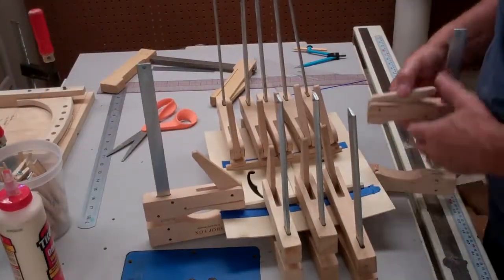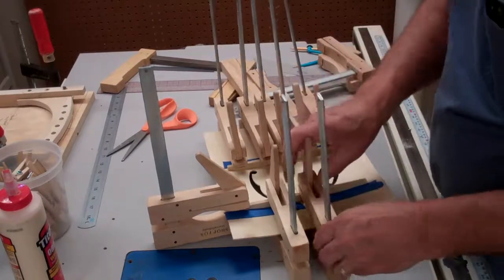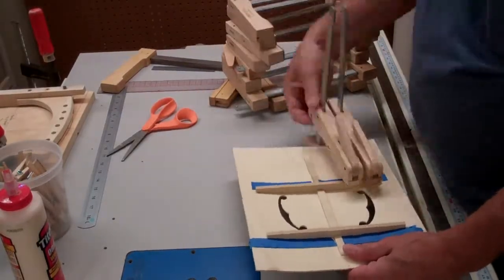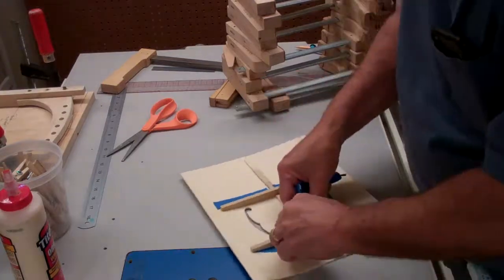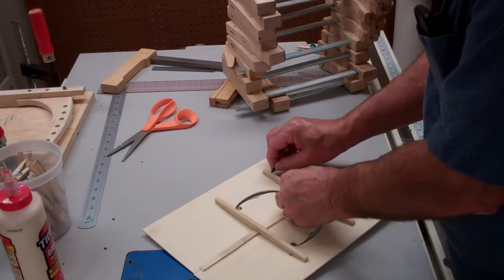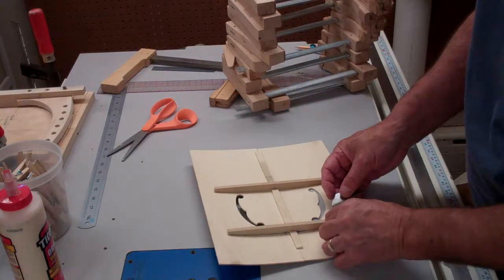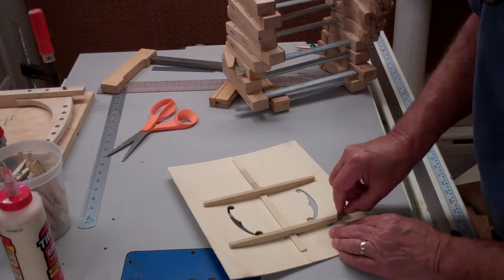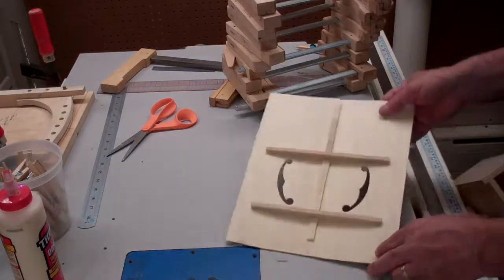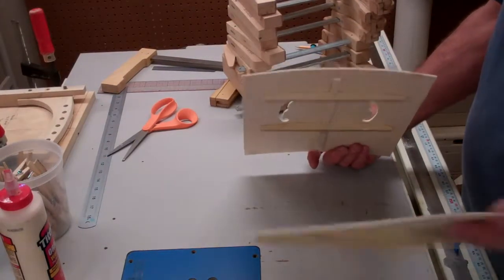Now that the top is all dry, we'll remove the clamps and take a look. A little bit of the tape sticks because it's underneath. Don't worry about it. We'll just score it and cut it off. So we have our beautiful top, radius, same as our back,